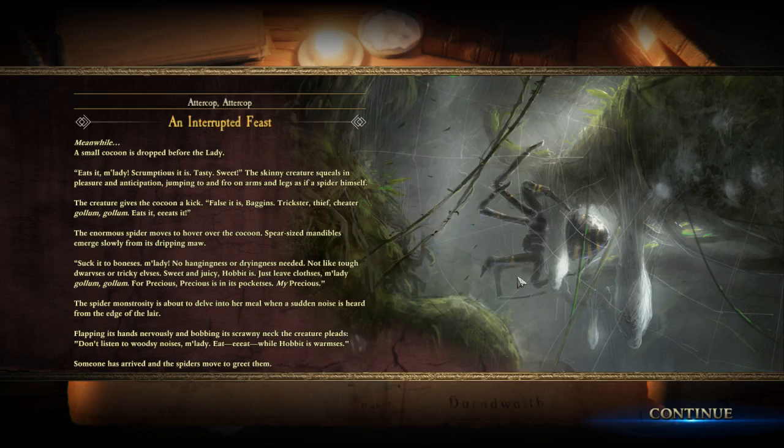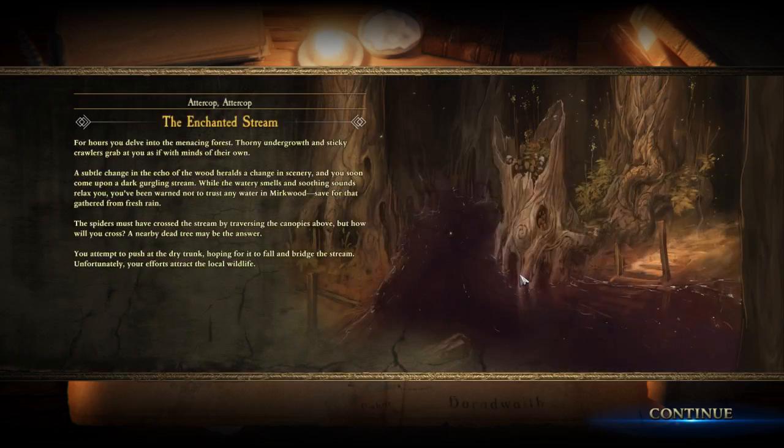For hours you delve into the menacing forest. Thorny undergrowth and sticky crawlers grab at you as if with minds of their own. A subtle change in the echo of the wood heralds a change in scenery, and you soon come upon a dark, gurgling stream. While the watery smells and soothing sounds relax you, you've been warned not to trust any water in Mirkwood, save for that gathered from fresh rain. The spiders must have crossed the stream by traversing the canopies above, but how will you cross? A nearby dead tree may be the answer. You attempt to push at the dry trunk, hoping for it to fall and bridge the stream. Unfortunately, your efforts attract the local